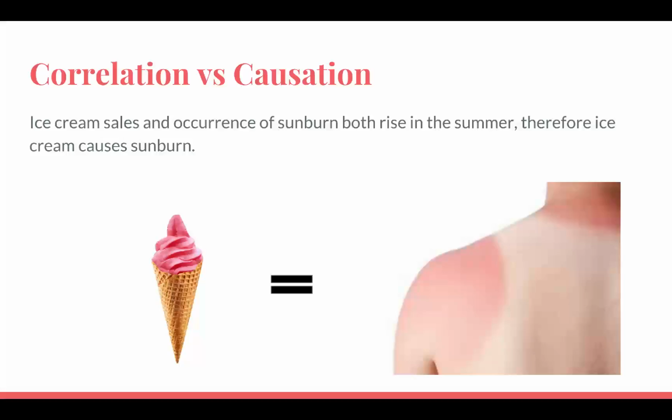They both go up. If we look at the statistics, we can get millions of data samples on this, billions even, from around the world of everyone who eats ice cream and everyone who gets sunburn. And look, they often occur at similar times, in the same patterns of going up and down. Now, what's the problem with this? I mean, for this one, it's pretty obvious. The problem is that we know there's a third factor here, summer, that's actually causing both. When it's warm out, ice cream sales go up, and so does sunburn. Pretty logical, pretty easy.